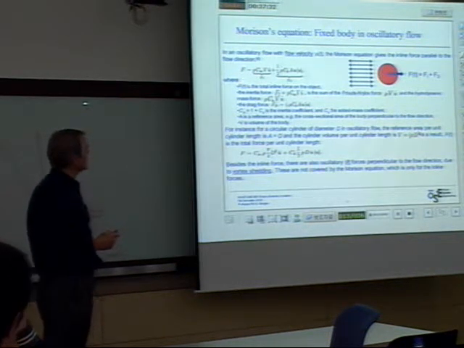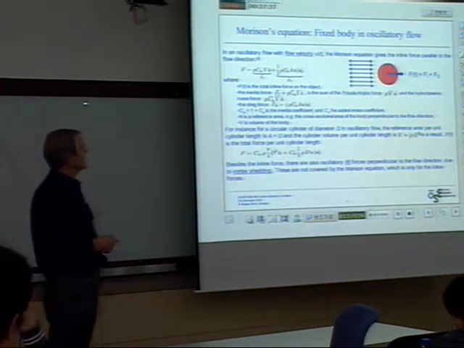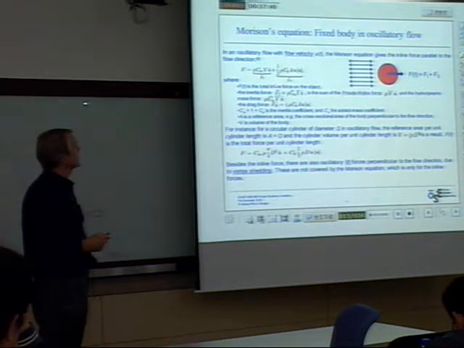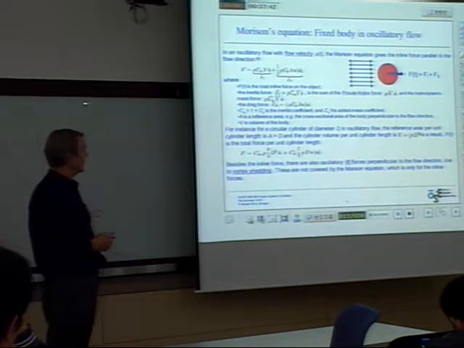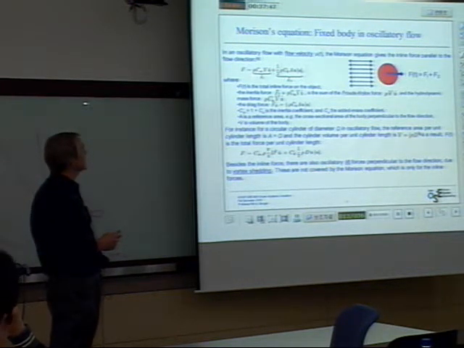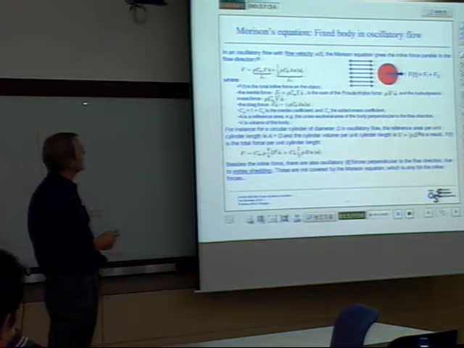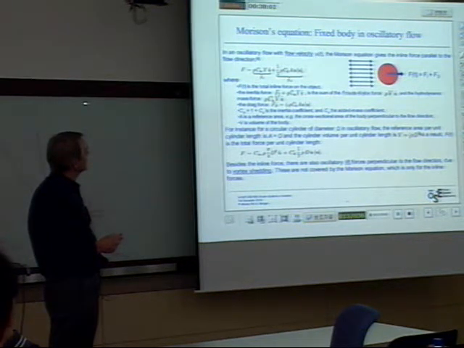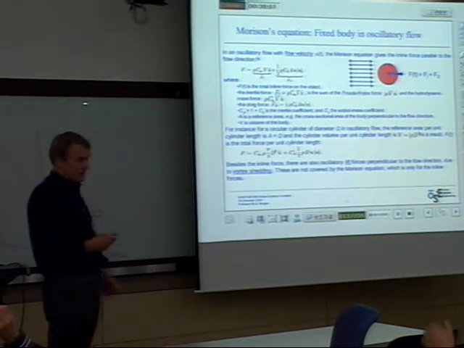So in Morrison's equation, U is the velocity of the fluid, and U dot, the time derivative of the velocity, is of course acceleration. So you have the density, you have a mass-related coefficient, you have the volume of the body, and you have this acceleration. That is the inertia term, and then you have a drag term, which is 1/2,